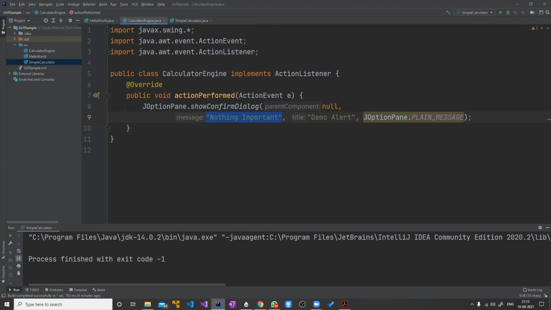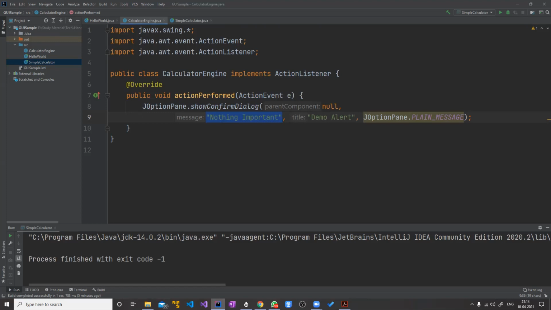What we are going to do here is create another class, a third class, to read the input and to set the data.